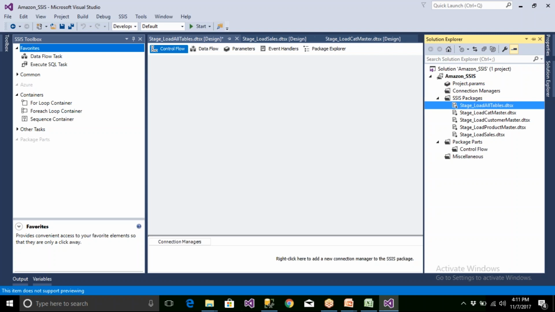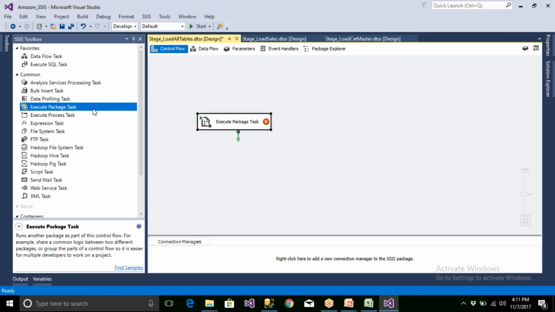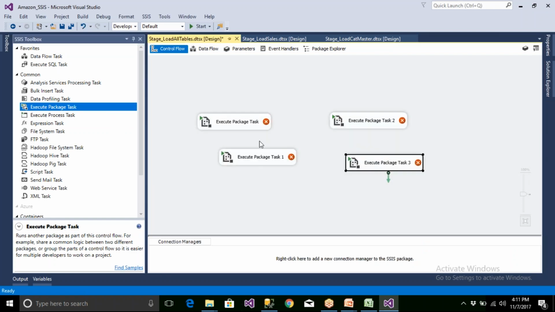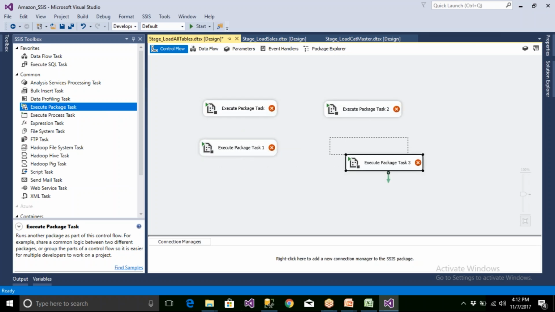Okay, so stage load all tables. What we can do, you have an option of execute package task, right? So let me have 4. So these are simultaneously you should be able to call them.